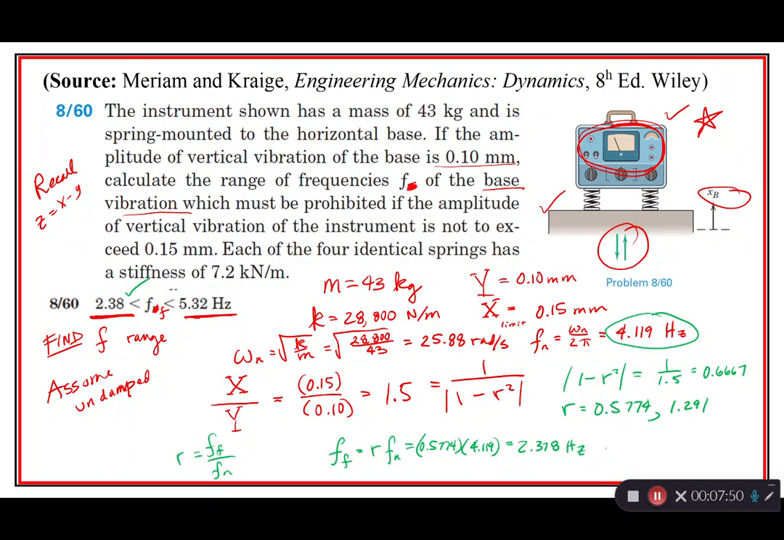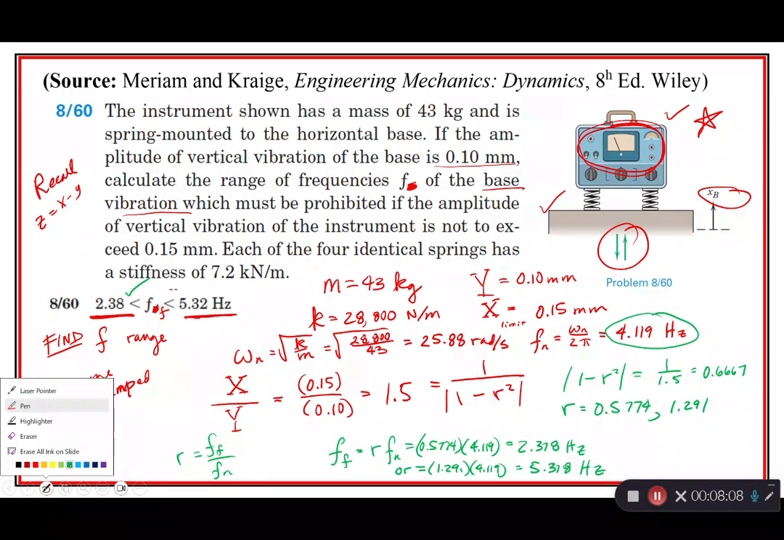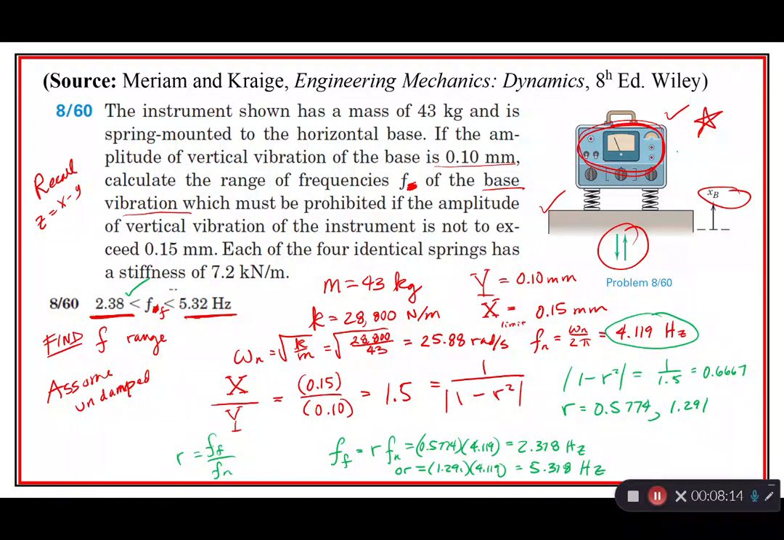And then the other one, equal to 1.291 times 4.119, and we end up with 5.318 hertz. So that's obviously what the author wanted us to do. But this is a dynamics book, and they didn't go into the detail of what the instrument should be